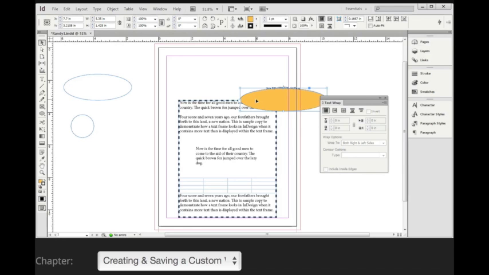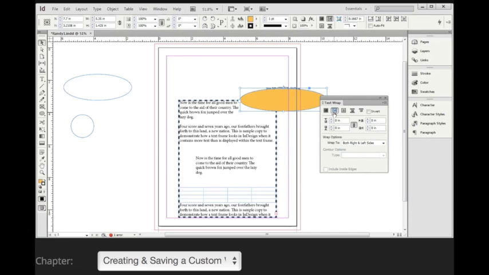With that oval still selected, let's go to the Text Wrap panel. The default setting, the button with a bunch of lines running through a box, is the No Text Wrap button. Click on the button next to that, the Wrap Around Box button. When you do that, you'll see that it actually pushes that type off outside of the bounding box around our